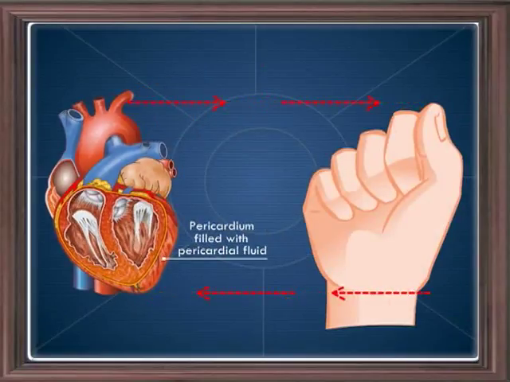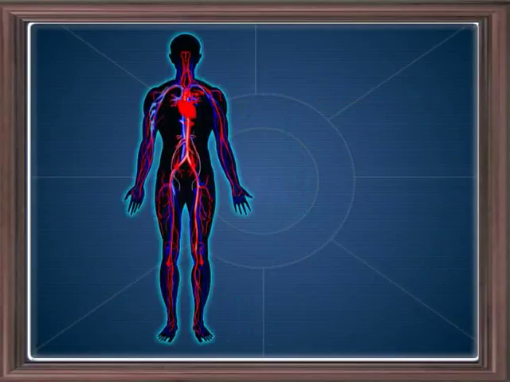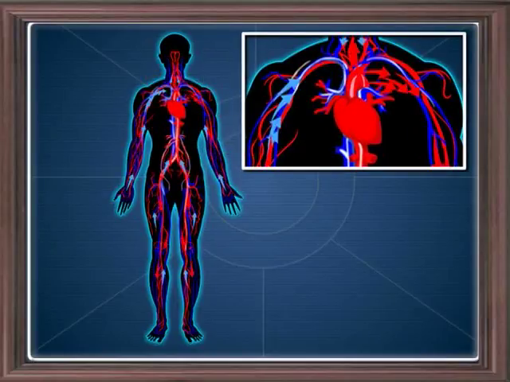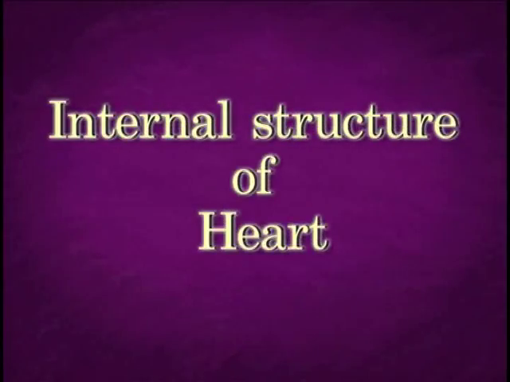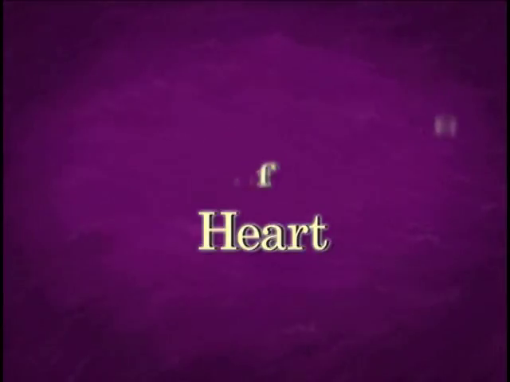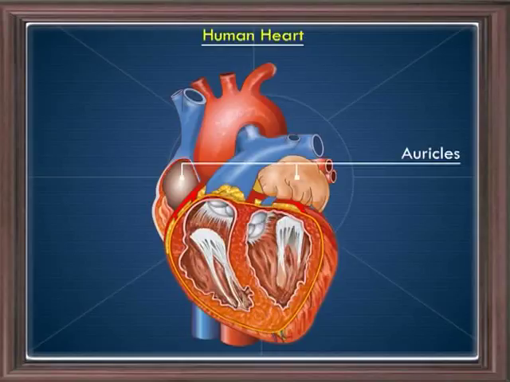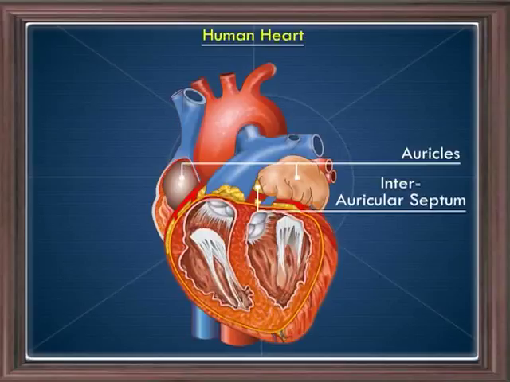The heart is about the size of a fist. The apex, which is conical, is facing downwards while the other end is broad. Internally, the heart has 4 chambers. The upper chambers on the broader side of the heart constitute 2 auricles, which are separated from one another by a septum termed interauricular septum. Externally, a groove can be observed along the line of the septum.